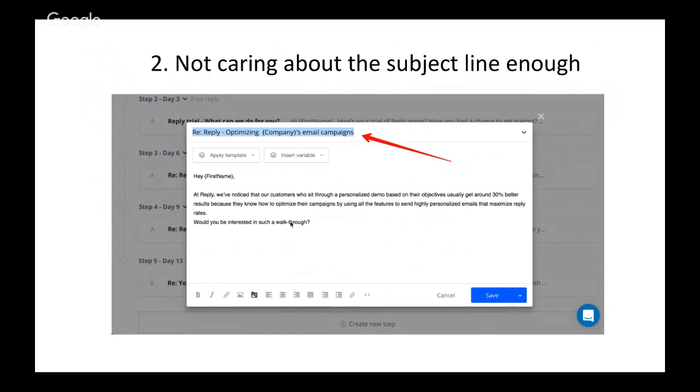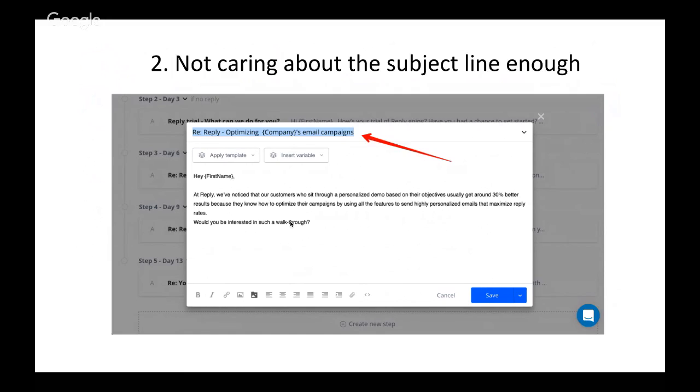And some people think that the way to achieve this is to put as much information about the contents of the email into the subject line. We think that the best way to make it resonate is to make it short, but to use information that's only relevant and important to each particular contact. And the way to do that is to use variables. The example that you see on your screen is using the company variable that will later on be replaced by the actual name of the company, and people will see their company name in the subject line.